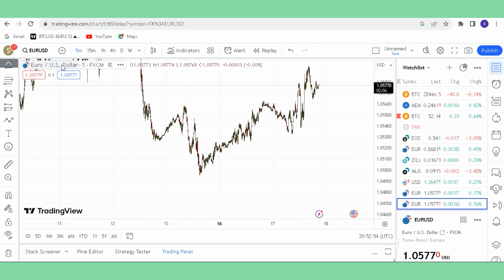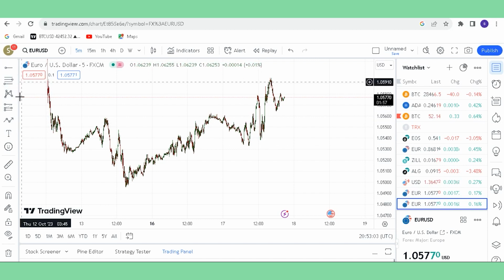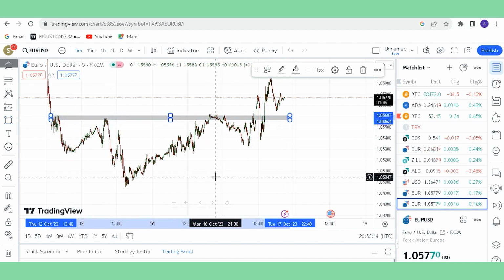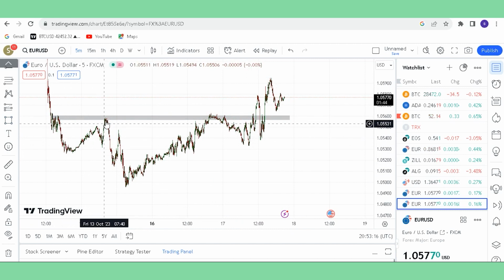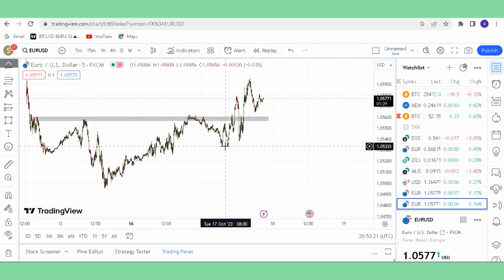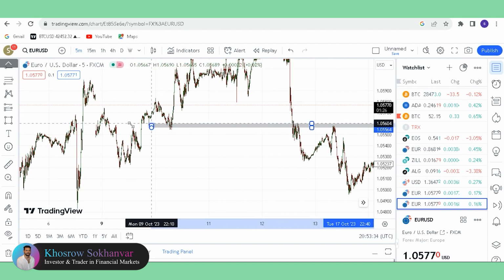Here is euro against US dollar. Here, for example, we have a resistance zone here. 1 time push the price down, and here again push the price down. So we mark it here 1 time, 2 times, and third time again push the price down, and also fourth time push the price down. And if we also continue it here,